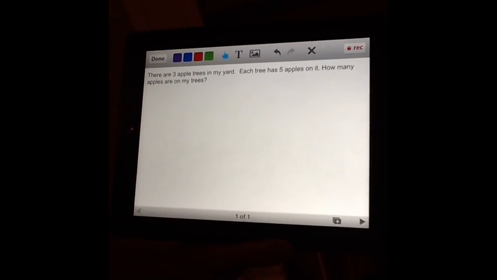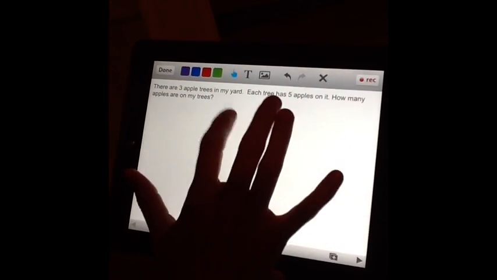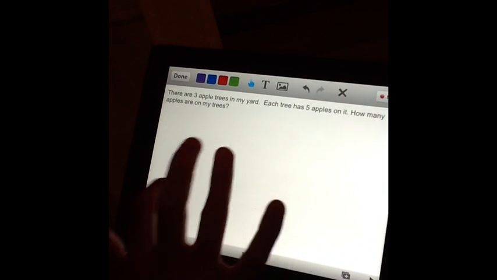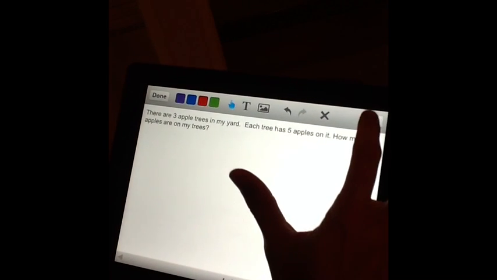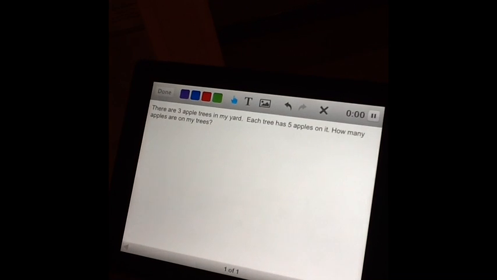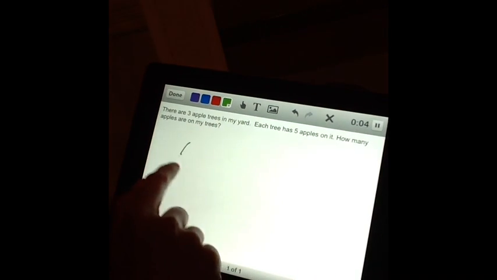To give you a little bit of a close-up of how the students could use this, once I typed this problem in by using the text tool, I actually went in and locked it so that it couldn't be moved around. And what the student could do is after they've got their problem, they would hit record and then say, okay, well I have 3 apple trees, so I'm going to draw my trees